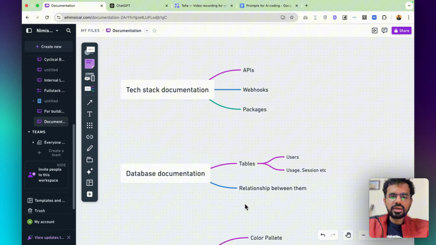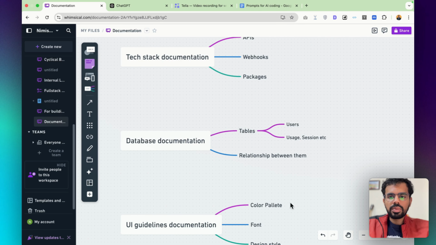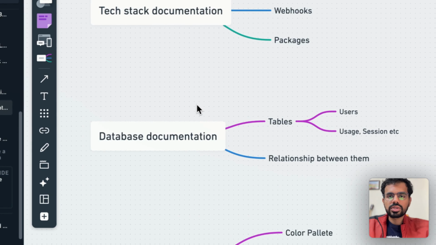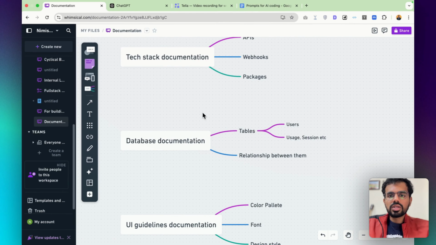Then you would have a database attached to your app. This is where all the information that a user enters or any session details get stored, so that when they log in to your app again, they see all the things that they have done in the past. This database basically stores that. So you would have to define the kind of tables you want there and what the relationship between them is. If you have a user table and a sessions table, you would have to define the relationship between both of them.